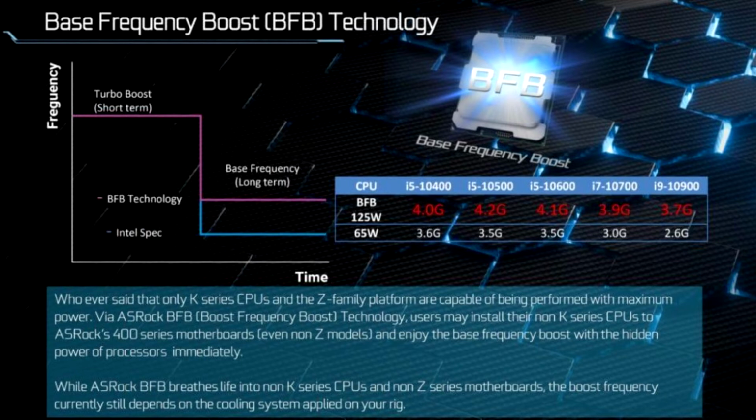A higher TDP limit gives more breathing room, and also allows a non-K Comet Lake processor to run at a higher base frequency. Of course, all this comes with higher power consumption and more heat, so the CPU cooler will decide the highest base clock value. According to the slide, ASRock's BFB will not produce the same level of performance uplift on all Comet Lake processors. The increase in base clock speeds will vary from 800 MHz to 1100 MHz, depending on the model, SKU of